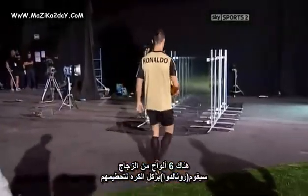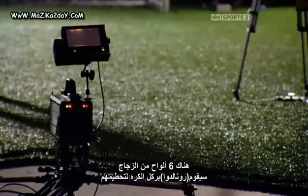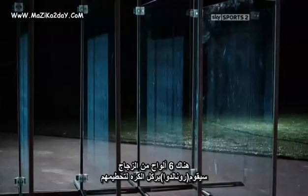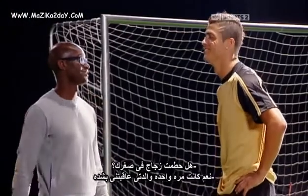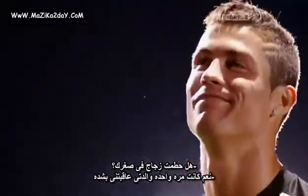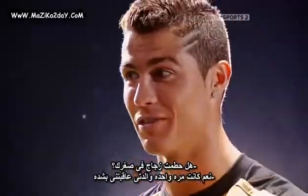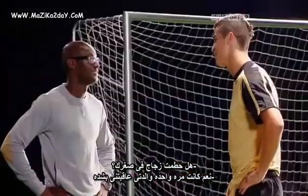Inspired by an event in Ronaldo's childhood, 6 sheets of glass are arranged around a speed monitor. Ronaldo will fire the ball at this glass target. What was it like as a kid smashing windows? Well, when I was a kid, I think I broke just one glass of one neighbor. It was a very, very big problem because when I arrived home, my mom kicked my...